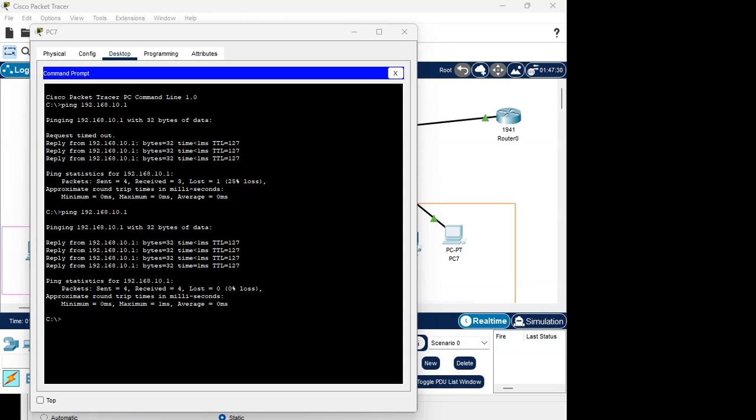Stopping here unless there are questions. Then this is Inter-VLAN